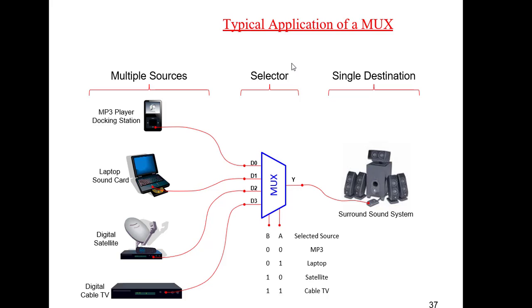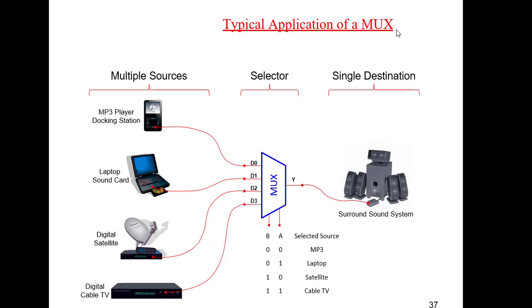For this purpose we use what is called a multiplexer. What actually does multiplexer mean? Many into one. Always remember, many means however many inputs you require, multiple sources, anything. But always remember, in a mux we have only one output. It never ever changes. In an encoder, decoder, the inputs and outputs change depending upon the n number of bits. But the multiplexer never changes. It always has one output.